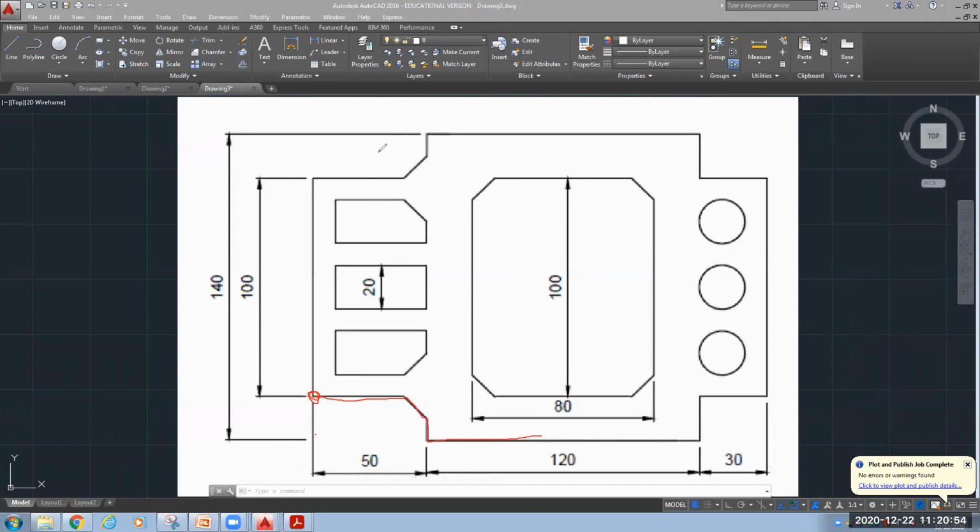I will make first the outer periphery, then I will move inside to draw this inside block. Then we will make these rectangles. We can use this chamfer command here. We can make these circles. One circle I will make, and then I will use this array command to make it multiple times. So here you will see how to make use of this array command also.